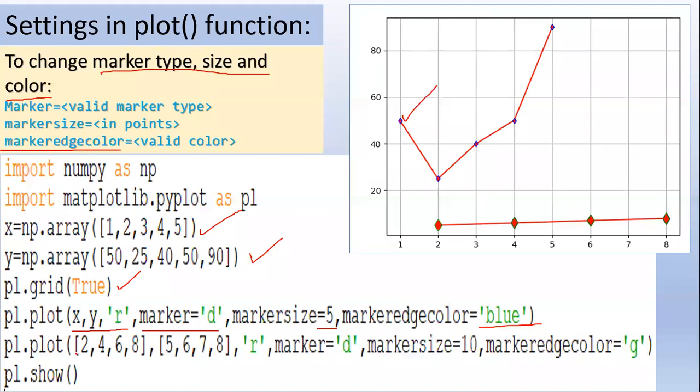See next, here I have given some different values. You can provide x and y values like this also, ऐसे भी चलेगा. Then here also red color, marker is equal to D, marker size is equal to 10. यहाँ size increase कर दिया है, so you can compare the size of these two diamonds. And here marker edge color is G for green. So if you are able to see, zoom करके देख लेना, ये वाला marker edge color is green. So nothing logical, कुछ ज्यादा दिमाग नहीं लगाना है, सारी चीजें straightforward दे रखी हैं. So it is very easy.